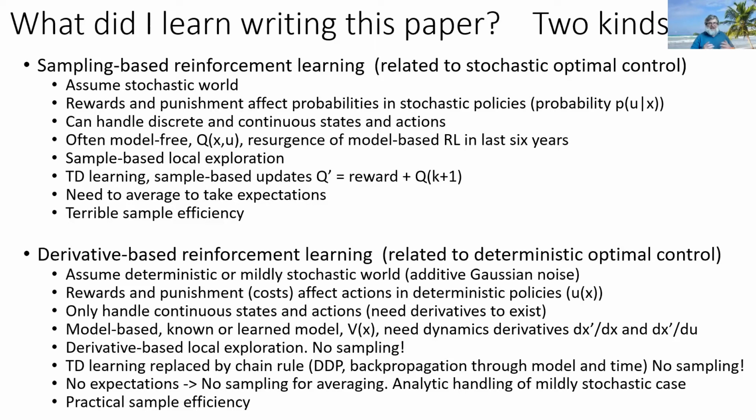In the paper, I sort of framed it as model-free versus model-based. That was actually the wrong way to frame it, and I'm going to have to rewrite this paper. I believe the right way to frame the dichotomy is you're either sampling-based reinforcement learning or you're derivative-based reinforcement learning. And derivatives get rid of the need to locally explore to figure out what direction to go to make things better. They get rid of the sampling you need to do temporal difference learning. They get rid of the sampling you need to do to take expectations. So it's a total win.